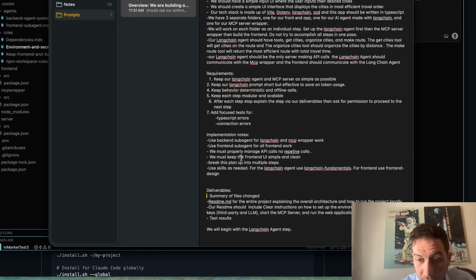We must keep the front-end UI simple and clean. Break this plan up into multiple steps. Use skills as needed. For LangChain agent, use the LangChain fundamentals. For front-end, use the front-end design skills. Deliverables: summary of file changes, README for the entire project, explain the overall architecture, how to run the project locally,